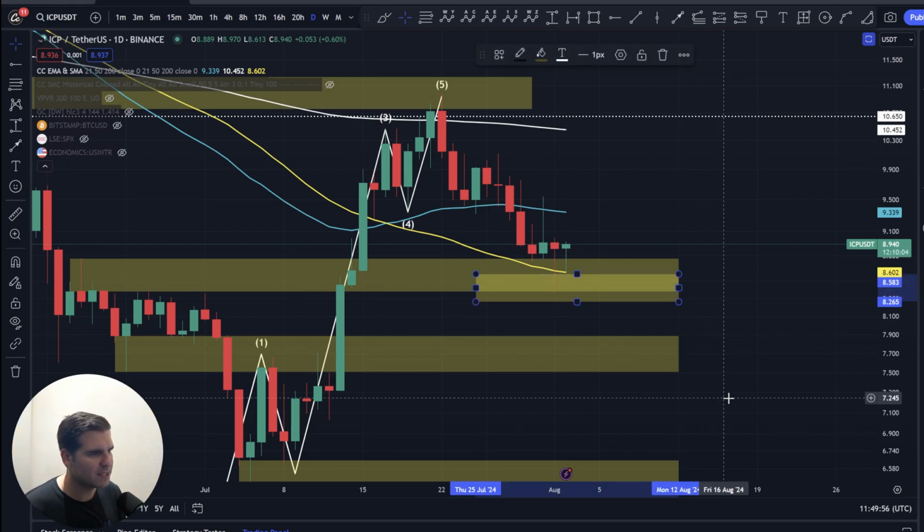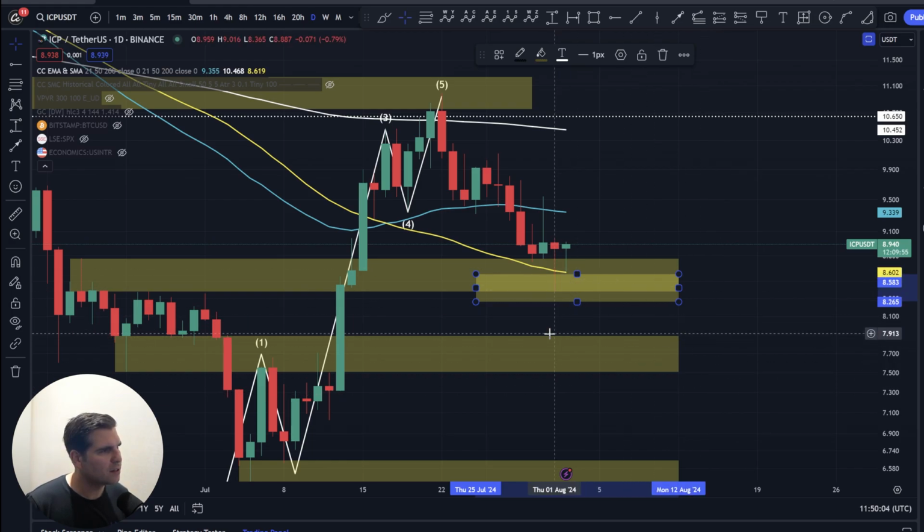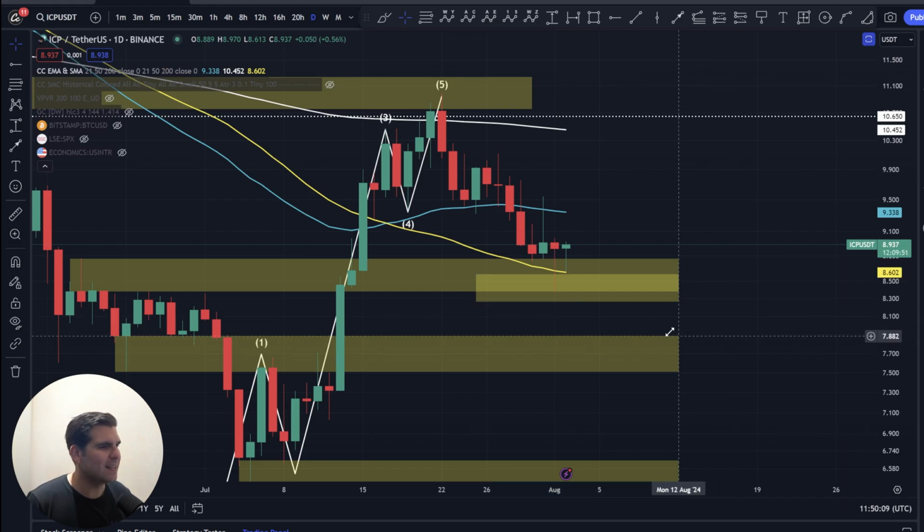Here was the range that we were talking about in the previous ICP video. We're talking about the price action potentially coming down to $8.26.5 to $8.58.3, and that's exactly where that wick went, with its low coming in at $8.36.5. So the question is, is the worst now over, and can we expect a relief rally, or should we expect more volatility and potentially more moves to the downside?